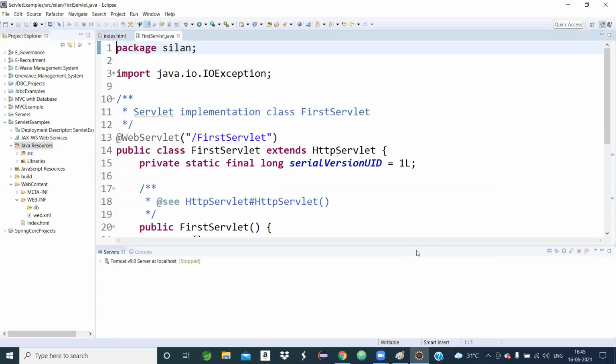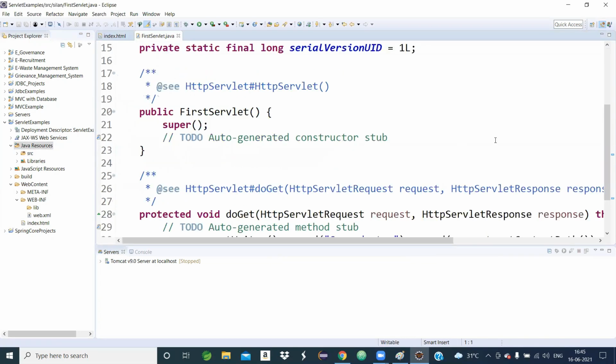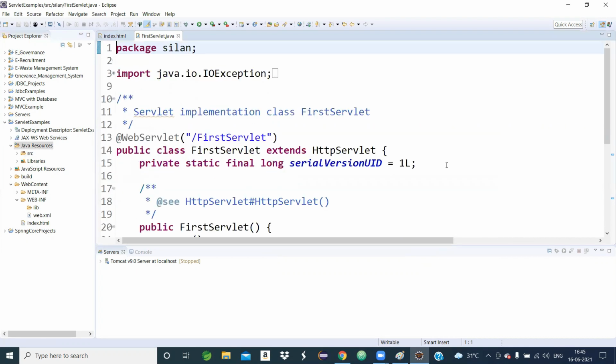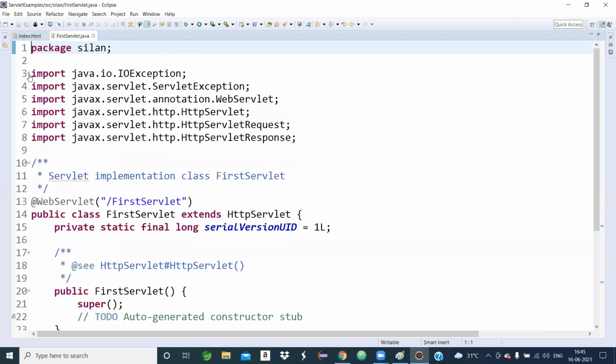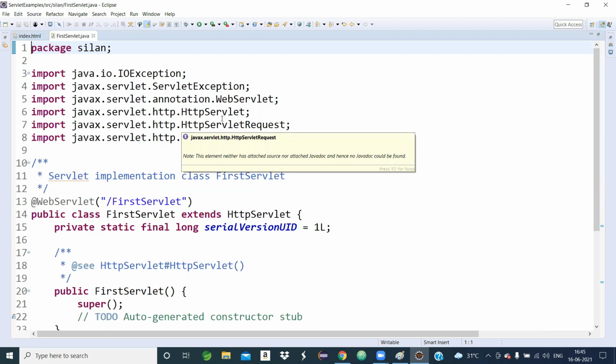Once you click the Finish button, automatically FirstServlet.java is created. Just see, automatically these packages are imported, but we will develop in our own style.